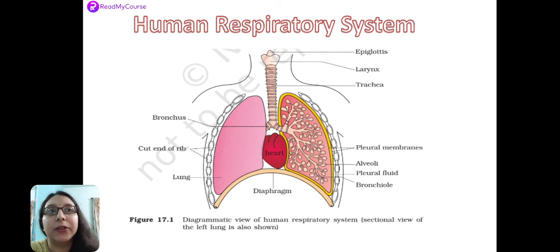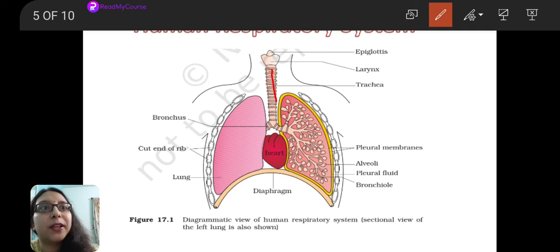So basically the human respiratory system we have understood by now. It starts off with the nasal cavity, moving downwards we have the pharynx, the larynx, the trachea. What after that? See, the main windpipe, that is the trachea, divides at the level of the fifth rib into two branches. See, this one and this one, right? They are the bronchus, the right and the left ones.